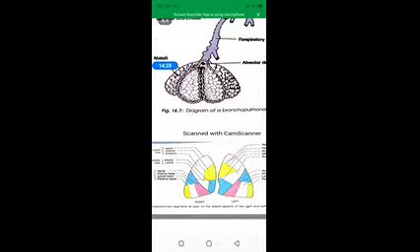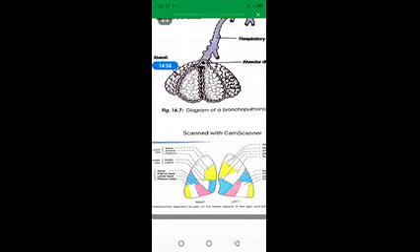You can see the bronchopulmonary segments here in color. There are the transverse and the oblique fissures in the right lung. The transverse fissure divides the lung into the upper lobe, middle lobe and the lower lobe.